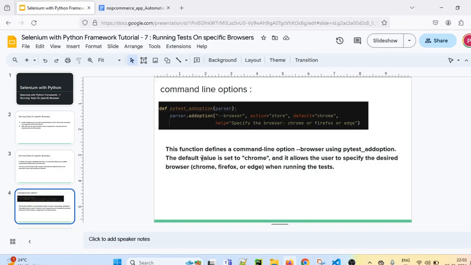By default, this value is set to Chrome, and it allows the user to specify the desired browser, for example Chrome, Firefox or Edge, when running the tests. So we have to add some code in our conftest.py file. So first we will add this code.